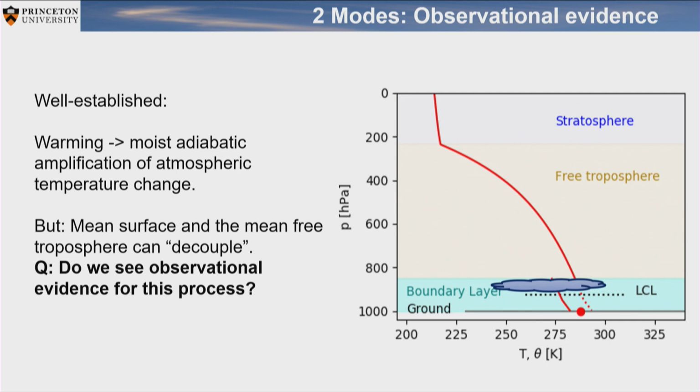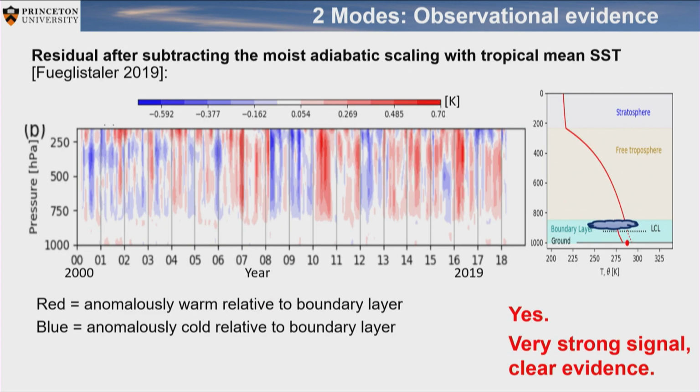Now let's do this correlation, and then let's take this signal out. So we take the residual from that signal, and this is what it looks like. The time is from 2000, sorry, this one shifted, it should be over here, to 2019. I took this period because this is the period for which CERES EBAF gives us data. I've simply taken the ECMWF boundary layer average temperature and correlated it with the whole profile. At each level I have a regression coefficient, and the profile looks like a moist adiabat. I take that out, and what you're left with is these variations.